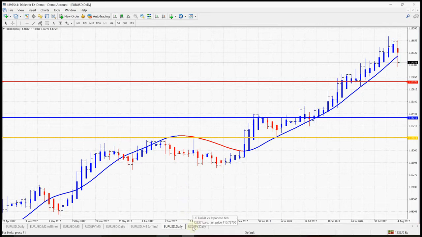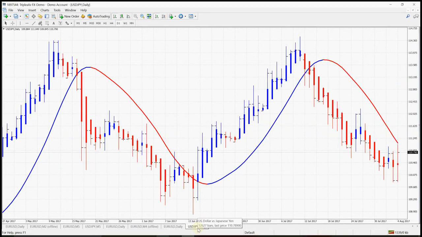So this is Euro USD. I can show you USD JPY. Similar scenario. This is HMA 50, right? And that is the Heiken Ashi. You can see all over here you can only buy, all over here you can sell, all over here you can buy, all over here you can sell. So let's look at this last opportunity here. You will see the red colors match each other until there's a reversal here, and after the reversal